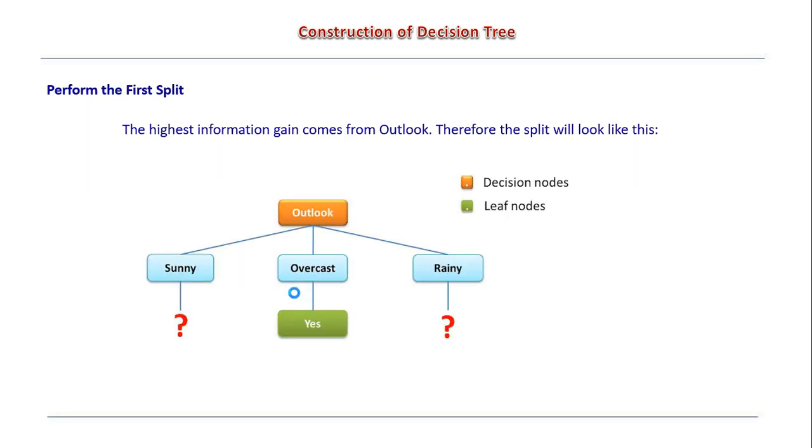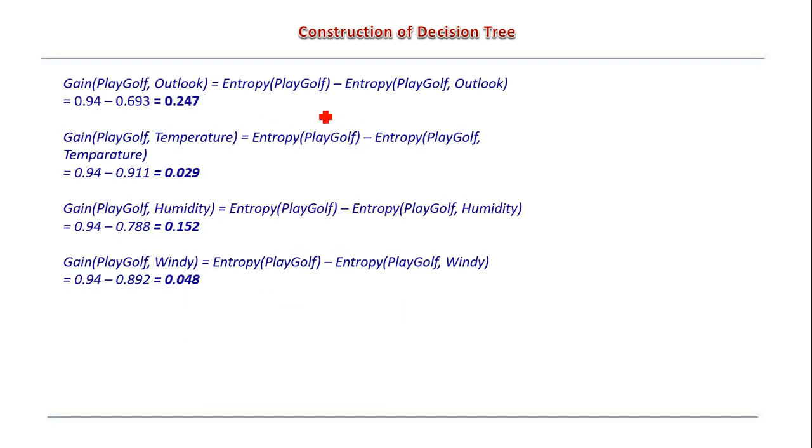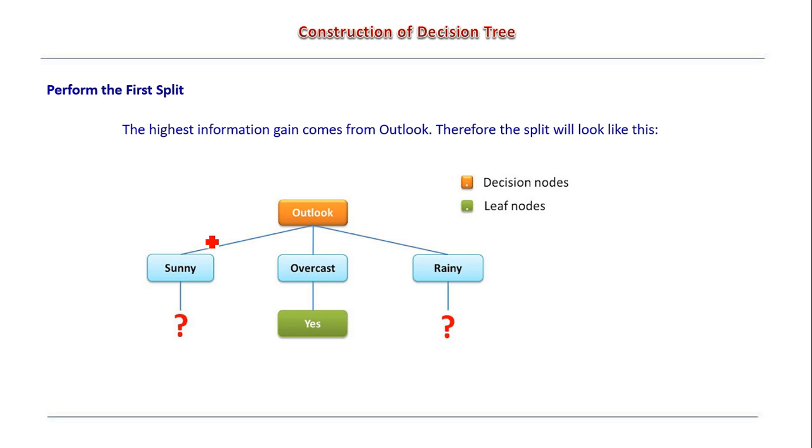This is after calculating entropy and information gain. If the information gain is more, then there is a possibility of splitting on that. First, the highest information gain comes from outlook. The information gain which we got from outlook is 0.2. For temperature I got 0.02. For humidity I got 0.1. The highest information gain we have to consider, because we gain more information in that decision node. Here this is the decision node; it is taking the decision for splitting our tree.